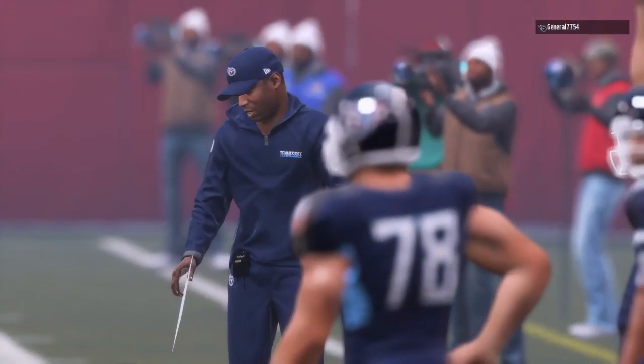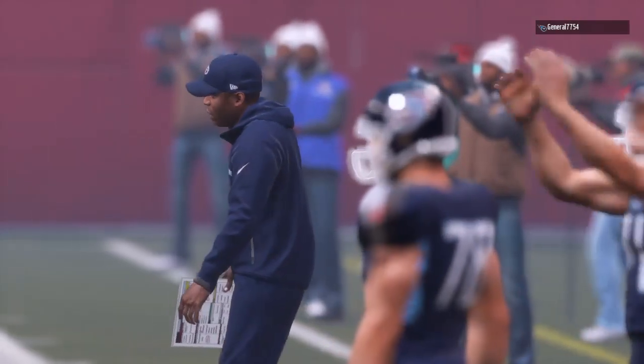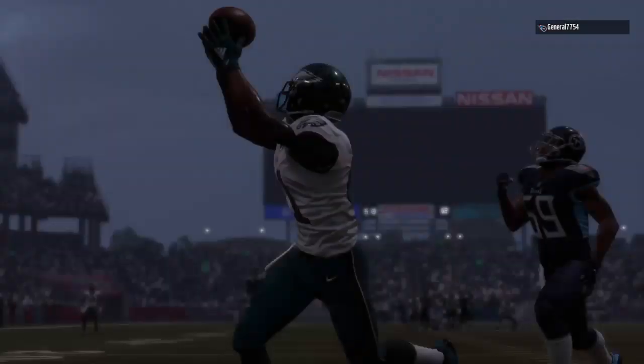Well, Charles, the forecast called for rain throughout the entire game, and we got rain throughout the entire game, but